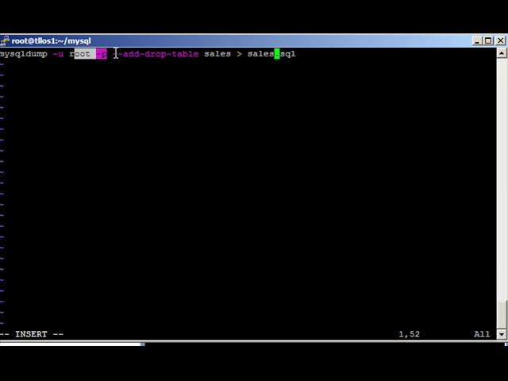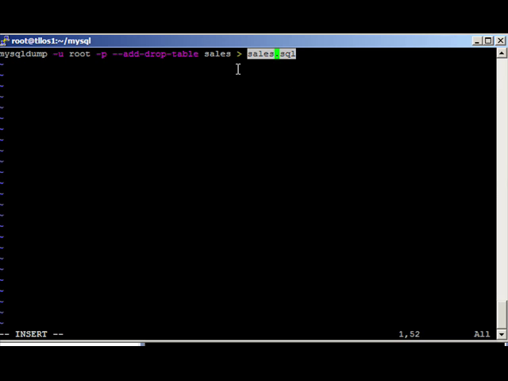This parameter here, add drop table, says that you want to add a note before each table that if the table exists, to drop it. So when the table definition is created, it says if exists, drop, so that the tables drop and added if it's already there. This is the name of the database, and we're telling it to put all of that information into the sales.sql